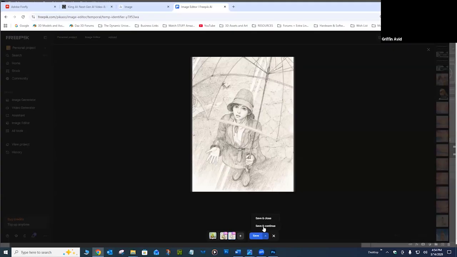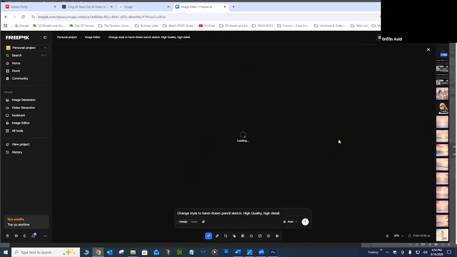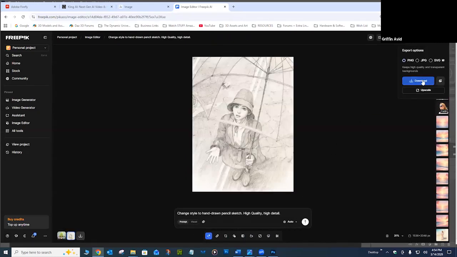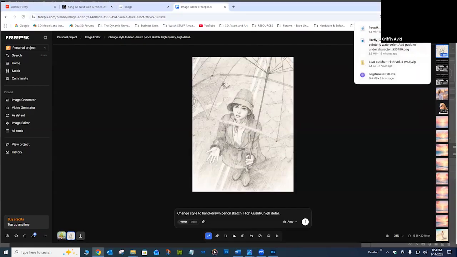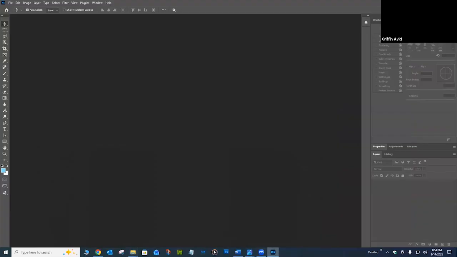Or I can hit save and continue, which means it will save all my work up to this point. And I can revisit it. But something like this, let's just show this today because we're here. I'm going to save my work that I like this one. We're going to export it. I'm going to save it. And we're going to pop into Photoshop